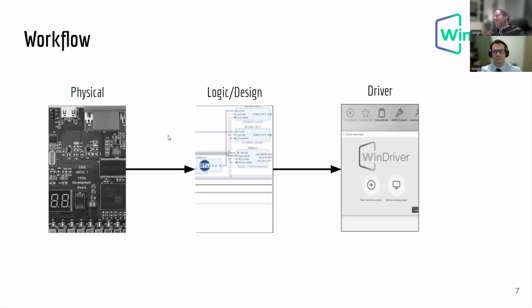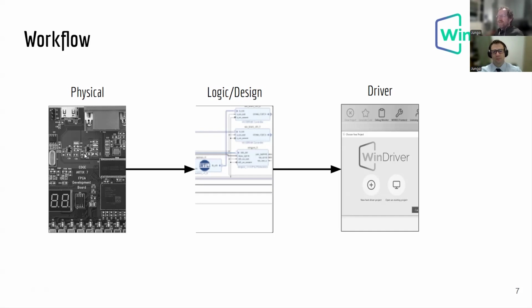Okay, so we've covered a little bit about the physical layer. I want to cover the logic layer really in hindsight. So after you choose which configuration you want to use, either the PCIe configuration or the SoC configuration, you need to actually make your design. How do you make your design? It depends on your vendor. If you're using boards made by Altera, then of course you will need to use Quartus. That's their IDE for hardware designing. If you're going to use AMD Xilinx, you're going to use Vivado. If you're going to use Lattice, you're going to use Radiant.